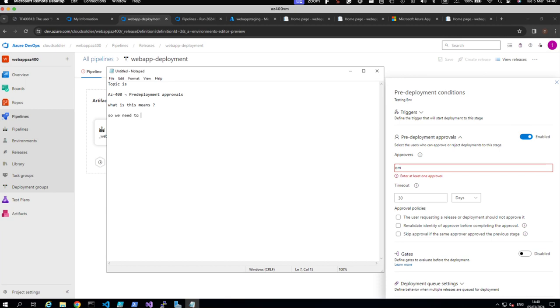So we need to enable pre-deployment in the release pipeline. And we will make a change in the repo, and this will trigger the build pipeline and automate the release. But in this case,